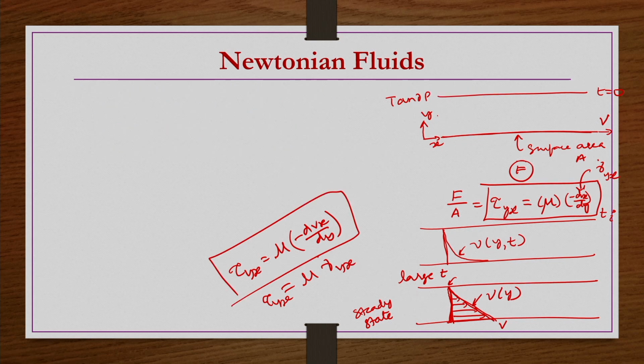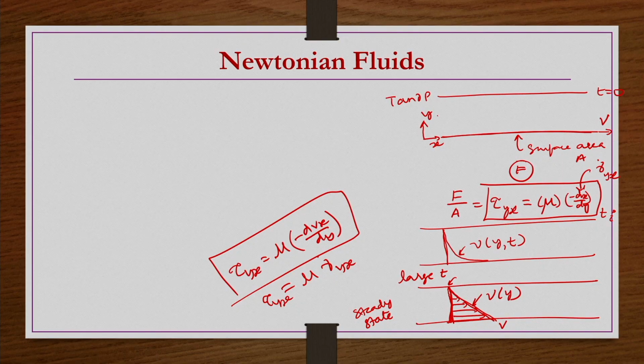Now, here what we have taken is the velocity variation in only one direction. The velocity is varying in the y direction, and the velocity is there only in the x direction. The x directional velocity is varying in the y direction, that much information only we have taken. But in general we may have other components of velocity, and they may also be changing with position in all the directions, that is possible. So, then we need a generalized expression for this.